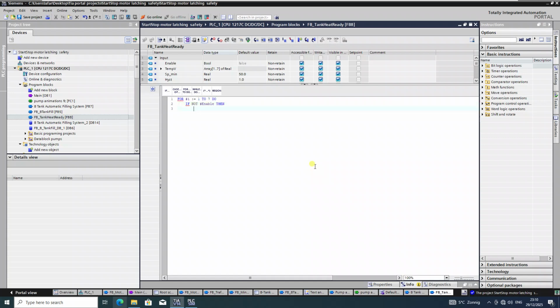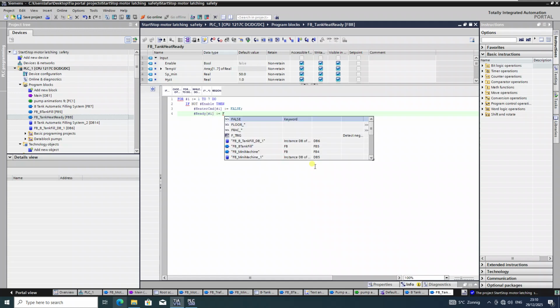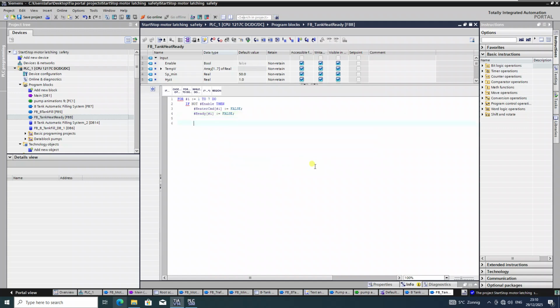If not enable, then heater CMD, we choose the I equals to false, and then ready I equals to false,